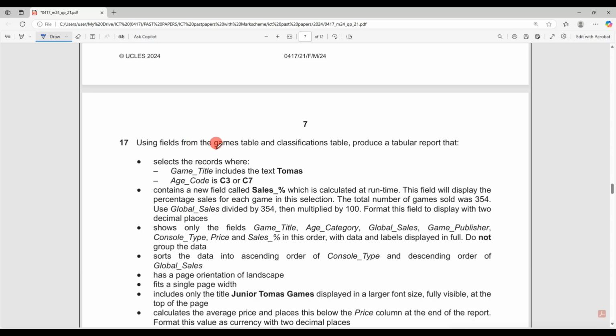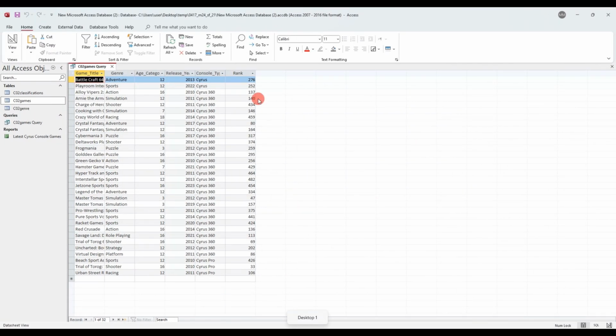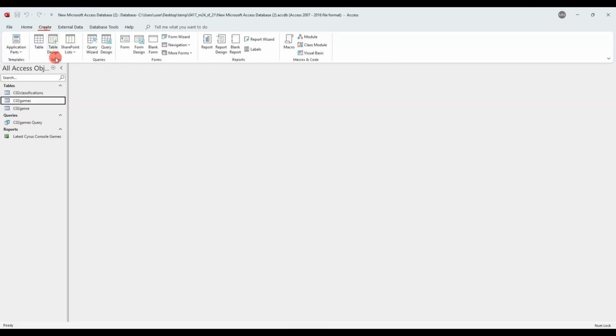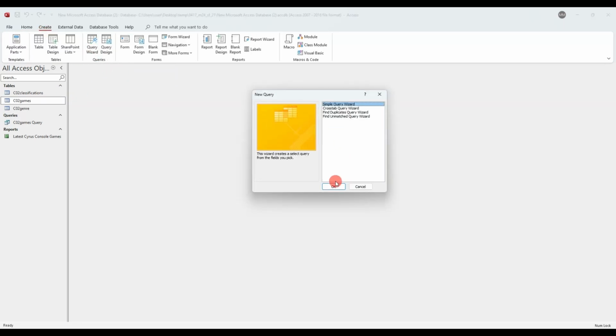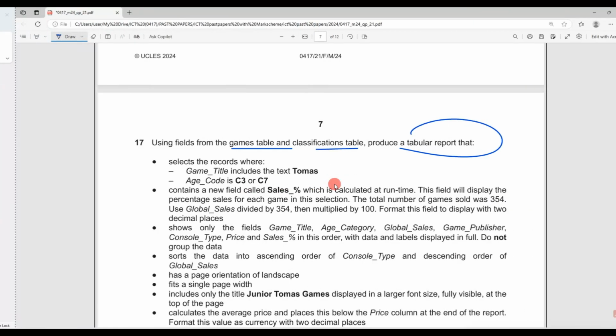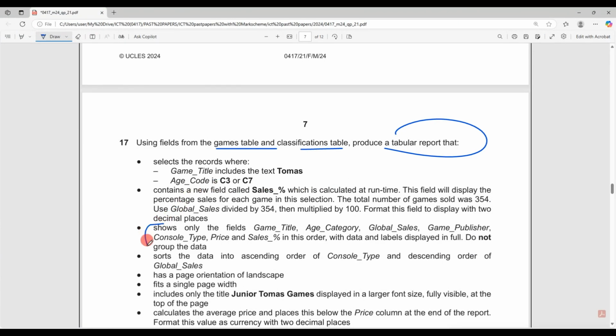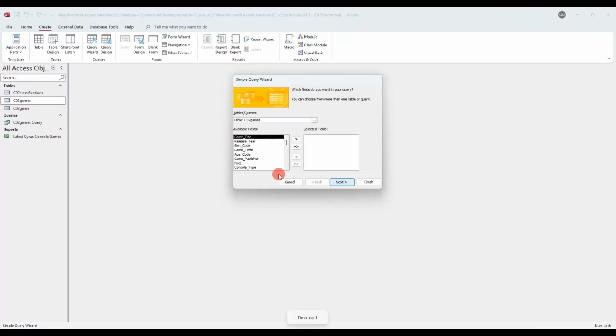Next, using fields from the game table and classification, produce another tabular report. So another query is needed. Whenever they need a report, the first thing you think of is the query wizard. And as usual, I will take advantage of the fields needed later in the report to send them here as well. So I will skip this part and move into the fields that are needed to send them in the query. So I'll go games title,